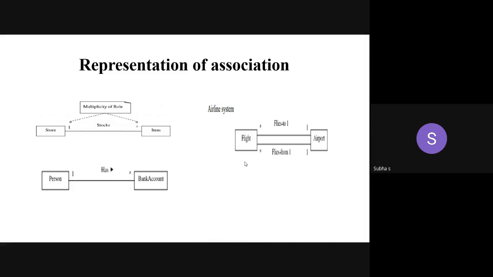For a given library management system, identify the actors, draw the use case diagram and class diagram. If it is asked, don't simply put two boxes and connect those two with a line, that is not enough. You have to mention navigability, multiplicity, role, and then, if applicable, you can give generalization, aggregation, composition, all those things.